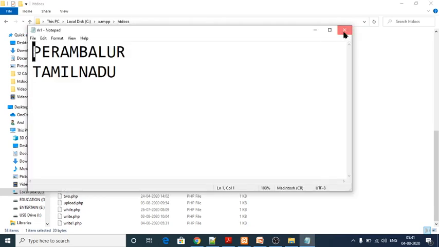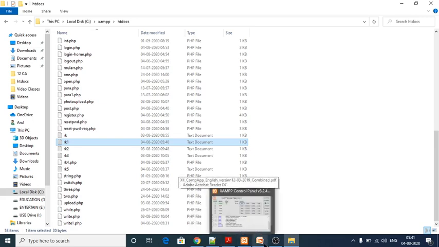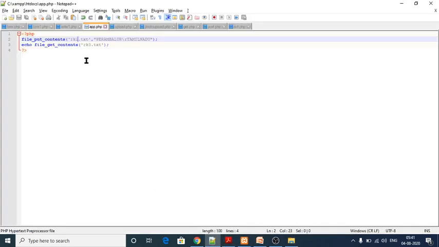See, I have appended the text of rk1 into the rk3.txt file. This is what the append function does. The append function is used for appending new text to the end of the existing text, that is what append is.